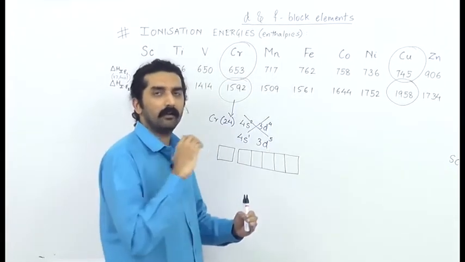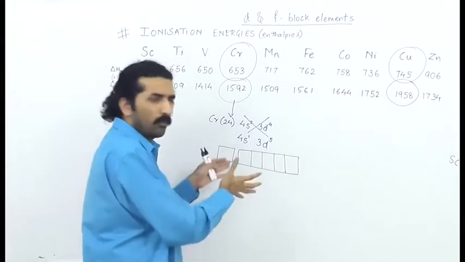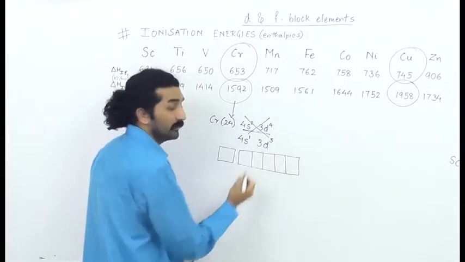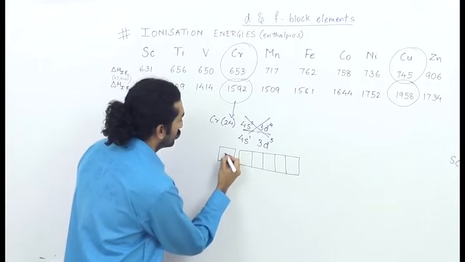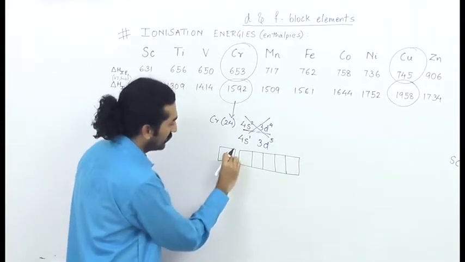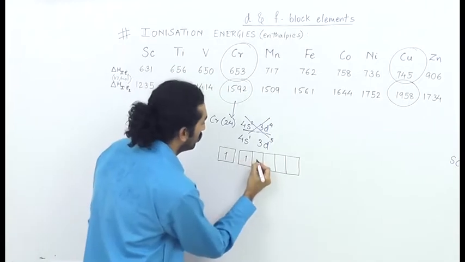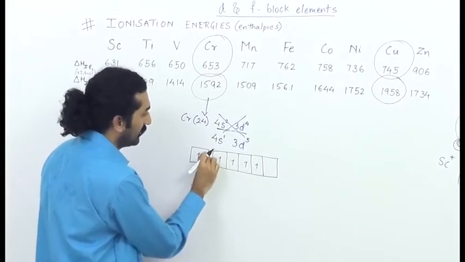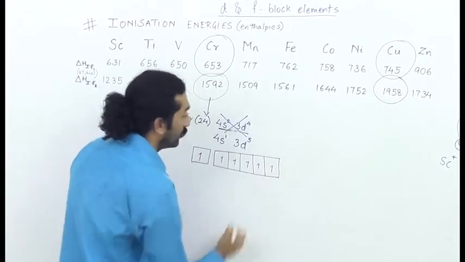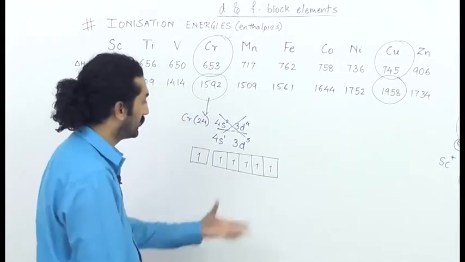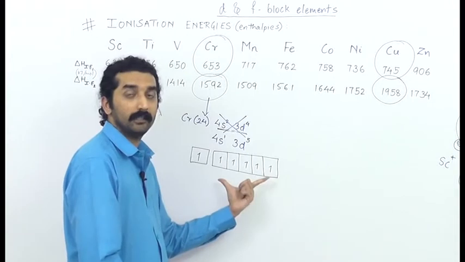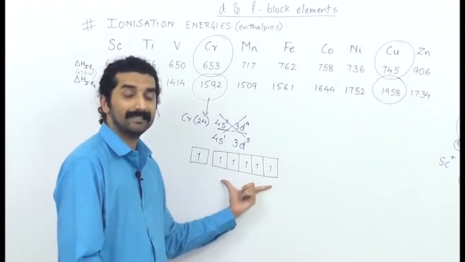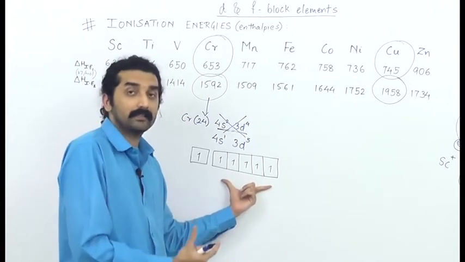This is in a way an explanation that I'm trying to give you, that why does an atom do that? Why does it not go with the standard flow, but wants something unusual? So in place of having 4s2, the extra electron here, ideally it is 4s2 3d4, but this extra electron reorganizes itself and goes here. Why? Because when it goes here, it gains that half filled stability of the 3d orbital, which is of very high importance. Why? Because the 3d orbital has 5 suborbitals, so it has a very high weightage.